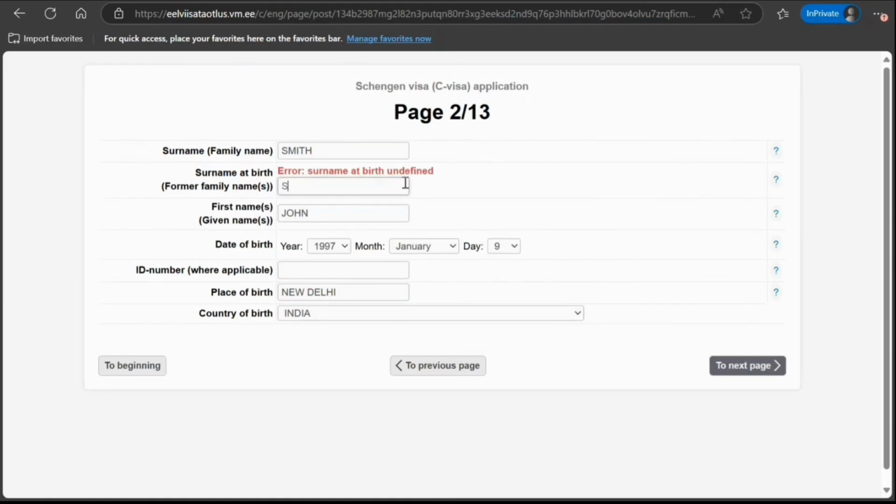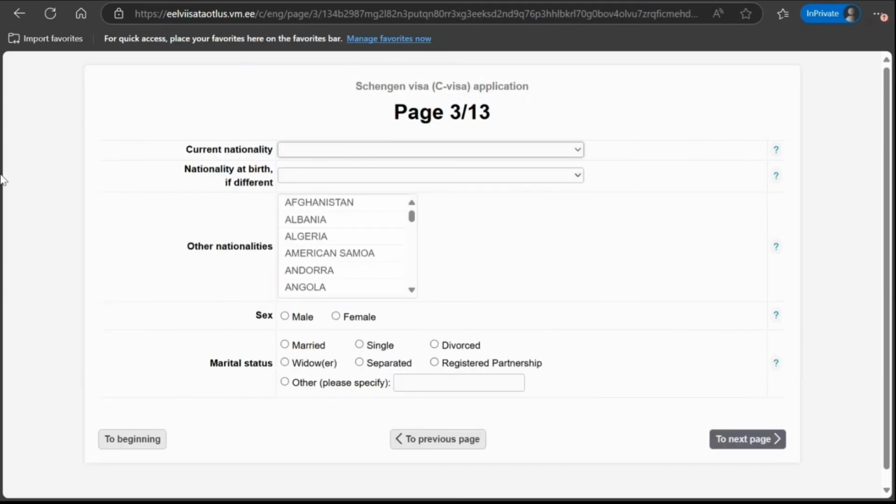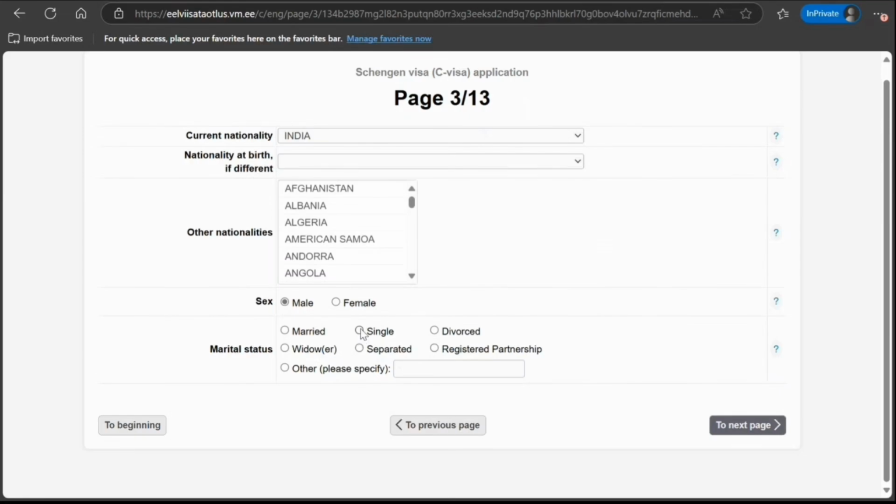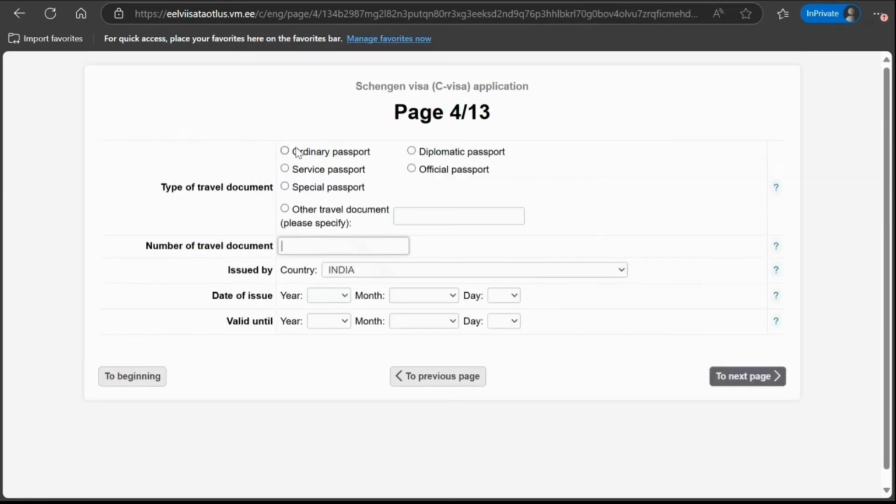Surname at birth, okay. Current nationality, nationality at birth if different. I'll leave this blank in this case. Other nationality, India does not allow dual nationality. Civil status, marital status, you can say. I select single. Ordinary passport, most people have that. Number of passport, issue date,